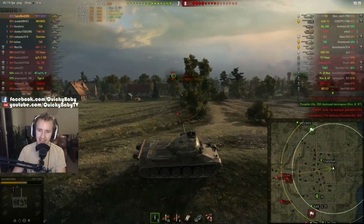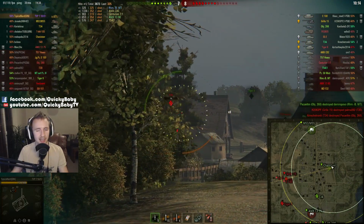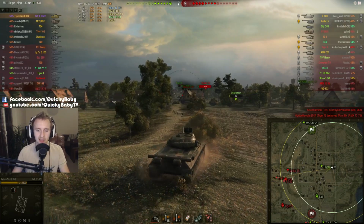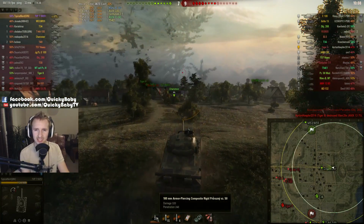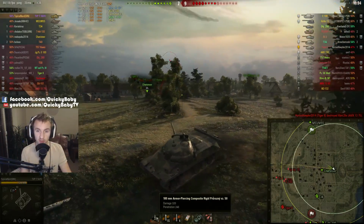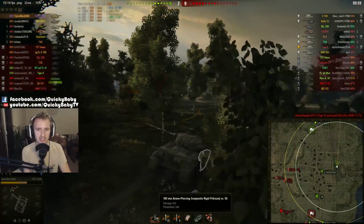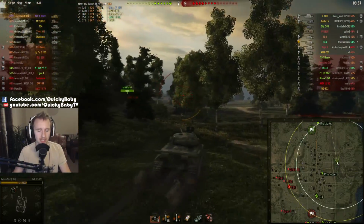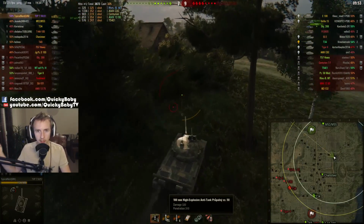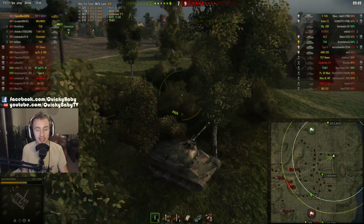But what I'm trying to say is that the TVP's key weakness really is that it doesn't have the same penetration as the other tier 10 medium tanks. All of the other tier 10 medium tanks have got about 260, sometimes even 270 millimeters of penetration. This vehicle gets 248 with its APCR rounds. That's 22 millimeters less penetration than the E50M, I believe. And on its HEAT rounds, it gets only 310 millimeters of penetration, when pretty much all of the other HEAT